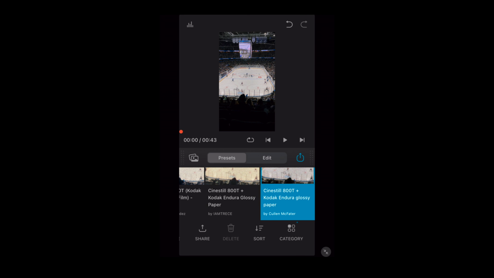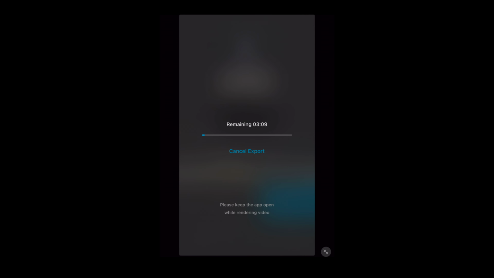The only other con that I saw was the rendering time, and it just varied depending on the length of the clip, how much movement is inside of that clip, so file size, and just how much the camera had to work, because all of these clips are from the iPhone 13 mini, and it's constantly adjusting white balance and exposure, and so once you put that through Dehancer, I think it has a little more work to do in your tiny little device. So definitely want to be attached to power unless you're just editing a quick clip for YouTube Shorts or one of the other